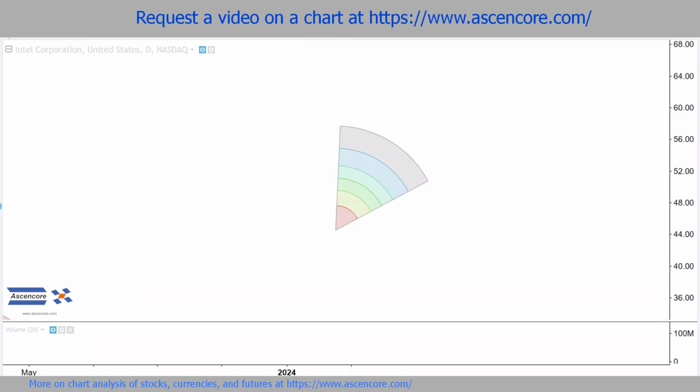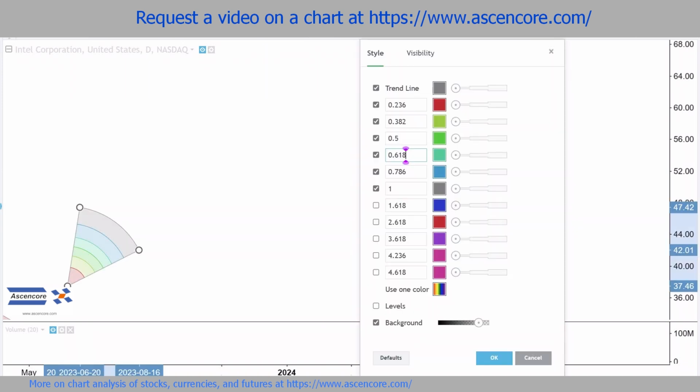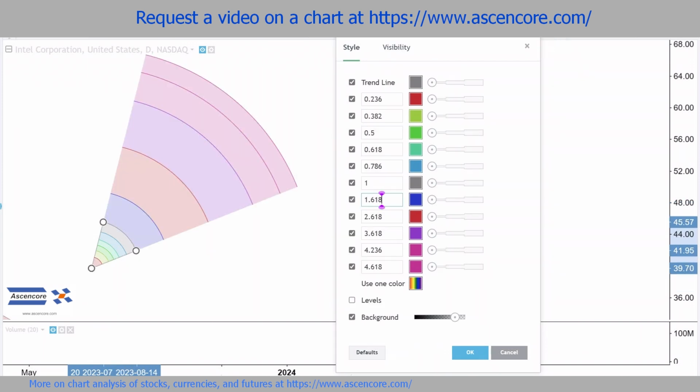Usually, those familiar Fibonacci numbers from 0 to 1 form curved levels within the wedge. Extension levels are optional and usually won't be used. In fact, we won't really focus on the levels, even the ones from 0 to 1, because almost everything that can be done with the levels within a Fibonacci wedge can also be done with Fibonacci circles, arcs, and even spirals in some cases. What we'll mainly be focusing on is the structure of the wedge with its two trend